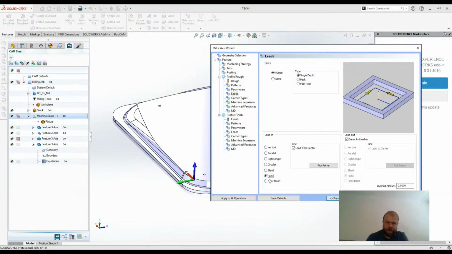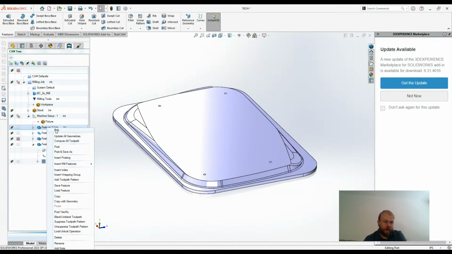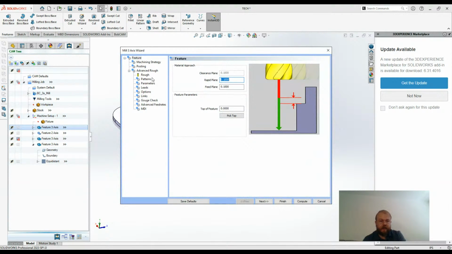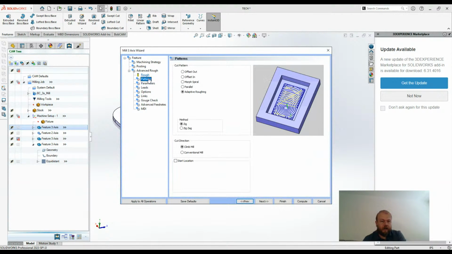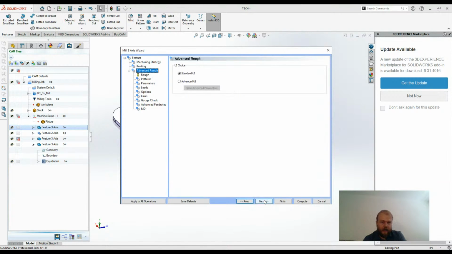I didn't know if you were referring to maybe the point or point blend, but we have other lead in and lead out options than just the basic ones in 2-axis now as well, in 3-axis with our new advanced user interface. So if I go into either the 3-axis rough or finish of this SolidWorks part file, from the feature page I can scroll to the advanced rough here for each operation, and I can select the UI choice, whether I want it to be standard or advanced. So if I selected advanced, I would select open advanced parameters,